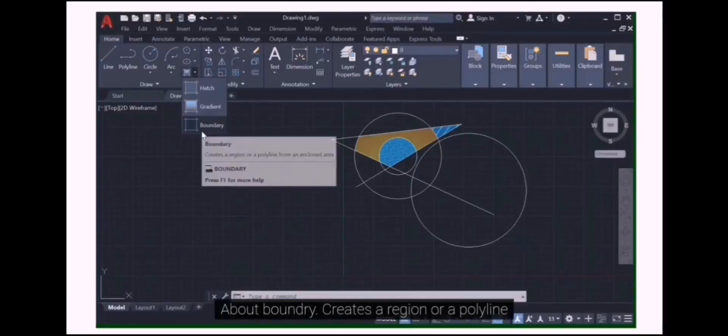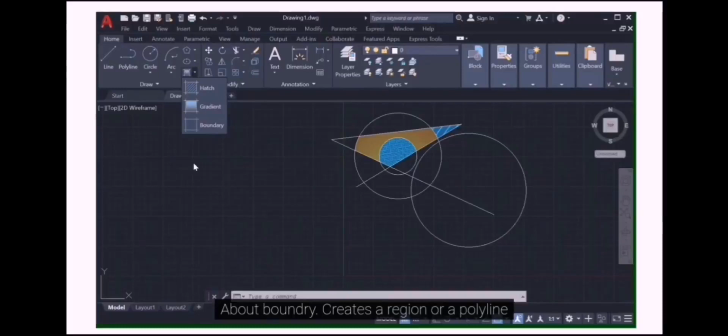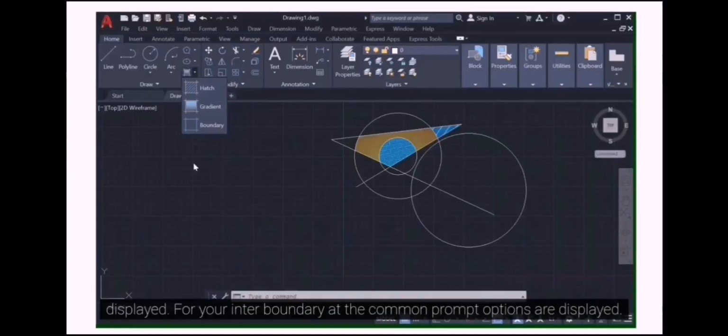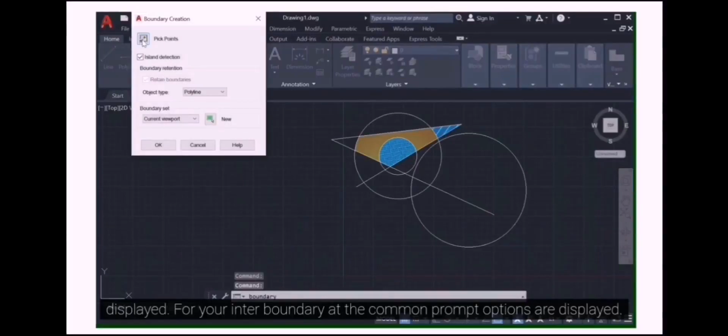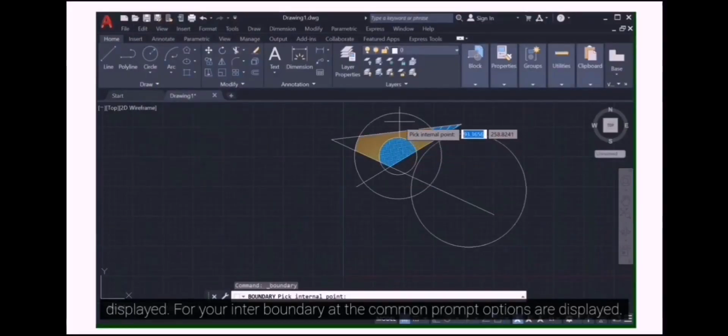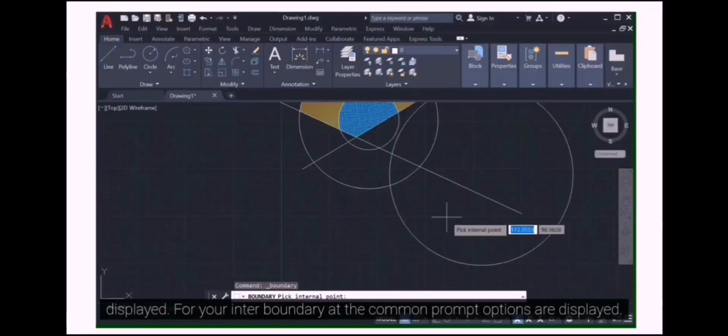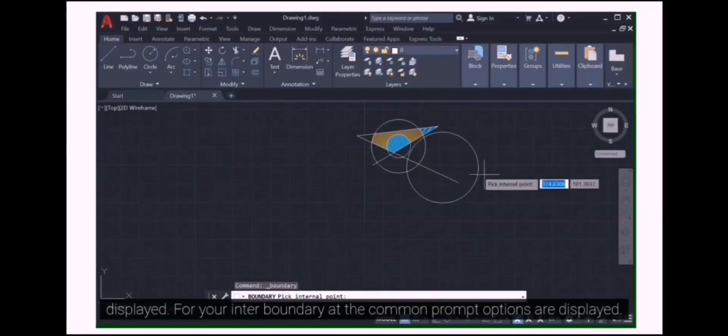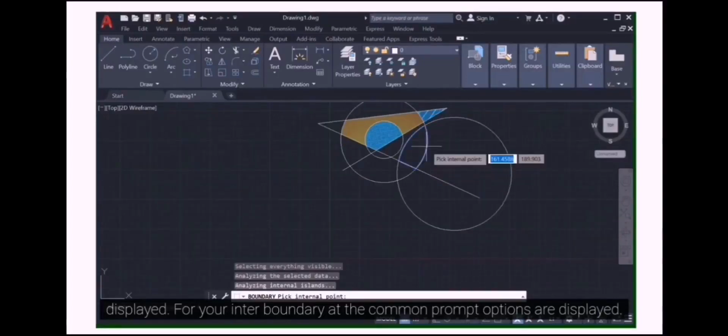Now about boundary. Creates a region or a polyline from an enclosed area. The boundary creation dialog box is displayed. If you enter boundary at the command prompt, options are displayed. For example,